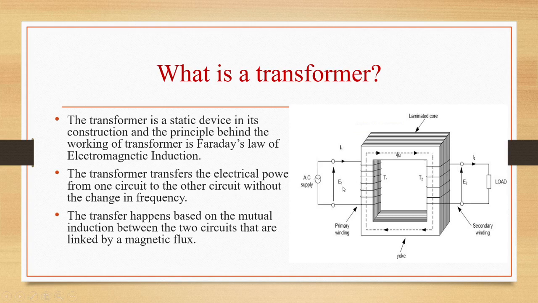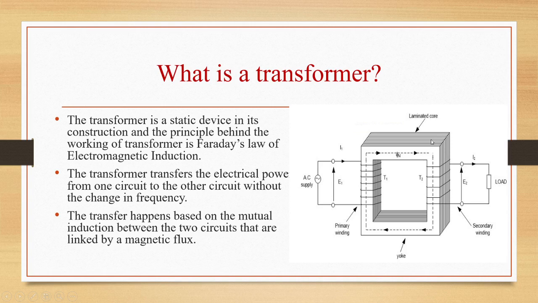So this is self-induced EMF, and E2 is the mutually induced EMF, and when we are applying the load to the secondary side, secondary current will be flowing in this. I1 is the primary current, V1 is the applied voltage, E1 is the EMF induced in the primary, E2 is the EMF induced in the secondary, I2 is the current flowing in the secondary when load is applied. Okay, this is primary winding to which AC supply is given, and this is the secondary winding to which load is applied. And other than primary and secondary winding, there is a core which is laminated.